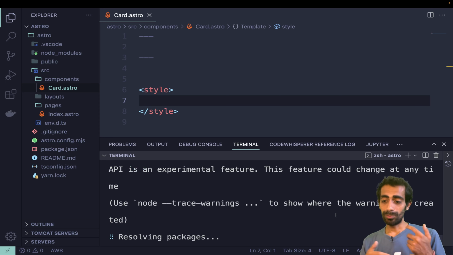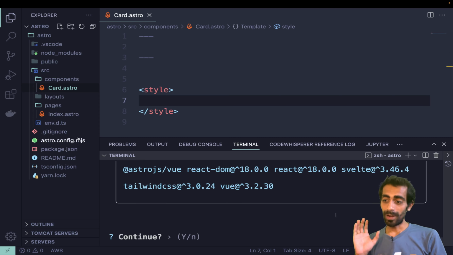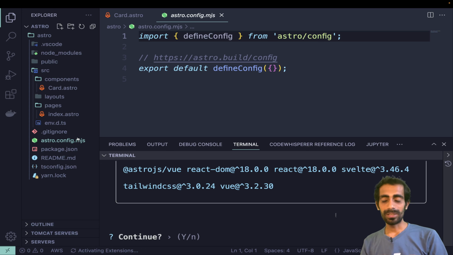Whenever you try to install these plugins, the main file where all the configuration happens is astro.config.mjs. Again, if you are not familiar with the .mjs extension, for modular JavaScript we use mjs, and inside that you can directly use import statements instead of js. For Node.js developers, you can directly use the mjs file format. So in this file